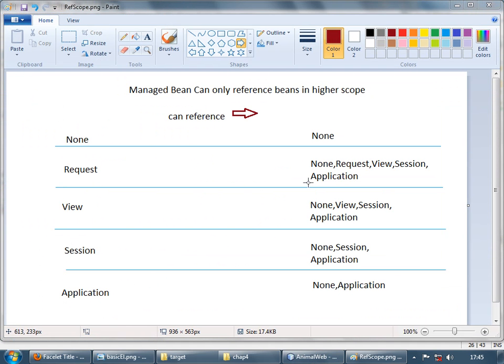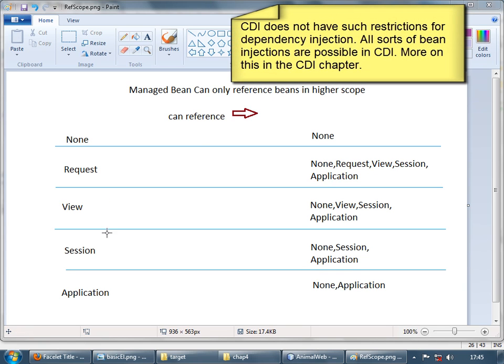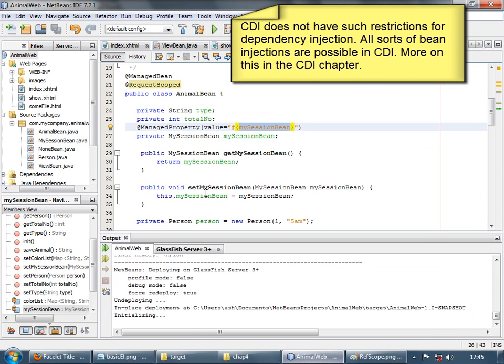Now the none-scoped bean can be injected in any type of beans without any restrictions. The request scope beans can inject beans of type none, request, view, session, and application. So basically all types of bean can be injected in a request bean. Here we had injected a session bean, or we can access an application scope bean, or none scoped bean, or